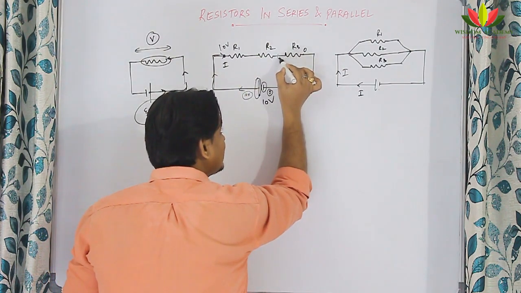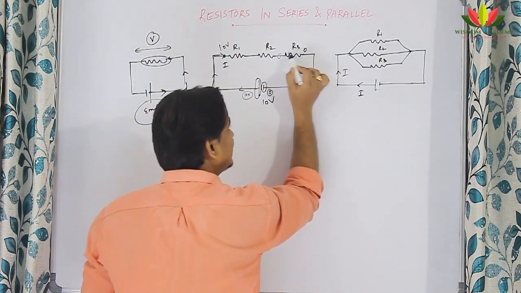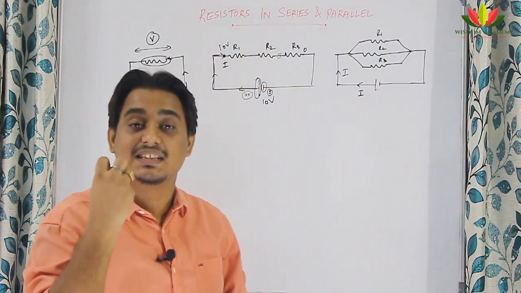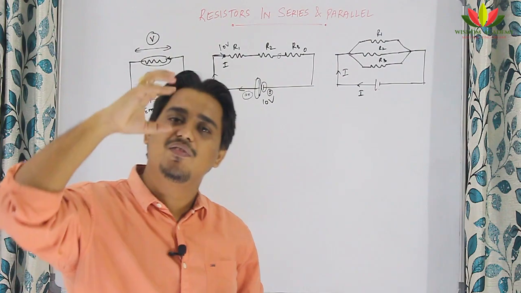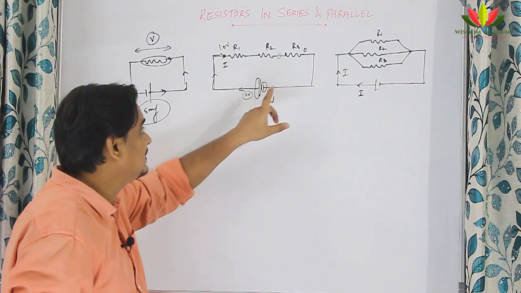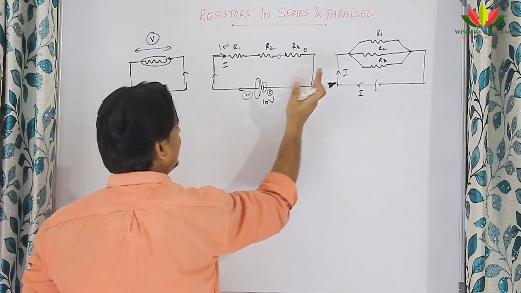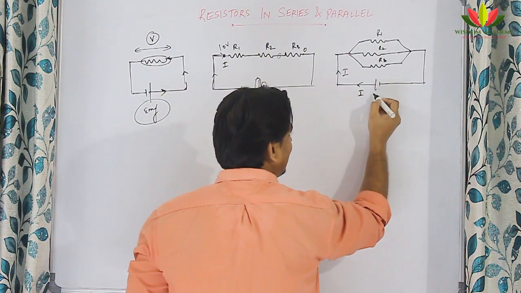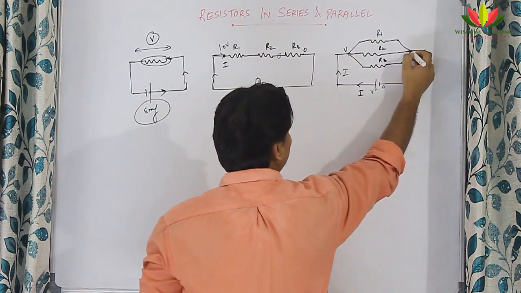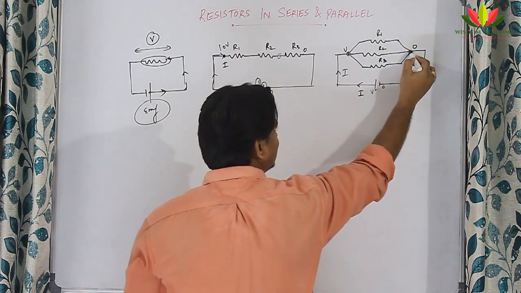But at this point, can I say it is 0? I cannot say, because passing through this resistance, there will be some potential drop. In simple words, resistance will always lead to a potential drop. Even a capacitor will lead to a potential drop. So, potential drop happens whenever the current is passing through such a component. So, we can say this point is 10 volt and this point is 0 volt. Same way, here whatever V is present and this is 0, then this point will have potential V, this point will have potential 0. So, I can say that these 2 points are having the same potential.